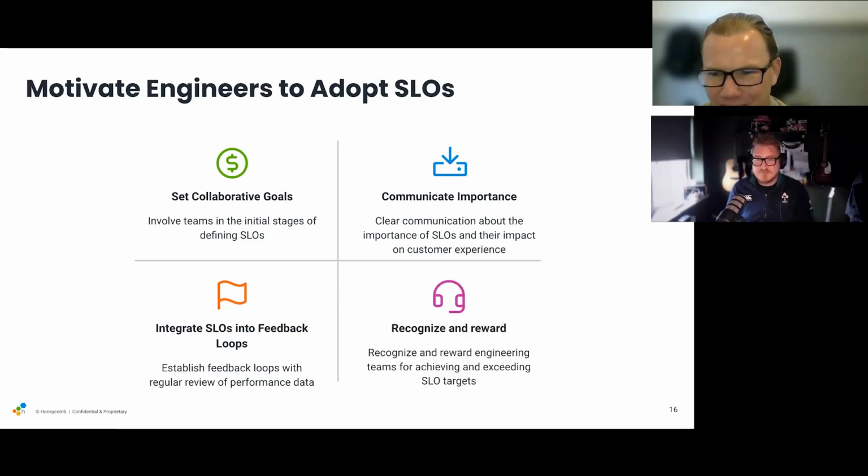Yeah, that's awesome. Great. And then finally, we talk about the ability to recognize and kind of reward engineering for getting on board, for not just adopting, but really achieving and exceeding their targets. One thing here at Honeycomb is, SLO is a big key feature and capability of ours, but we dog food that, meaning our team uses our own SLO product all the time. And I see in Slack channels, just monitoring where we're using our own SLOs to improve our experience for our customers. One of the things that we are really keen on, and I think Aaron knows this, is we